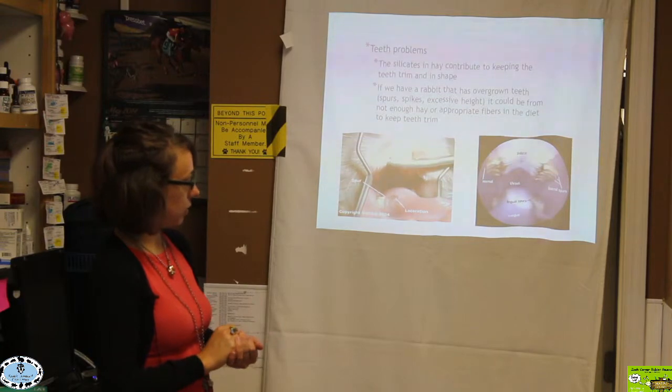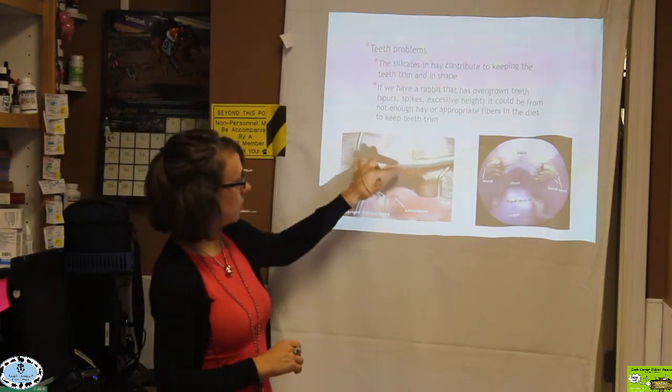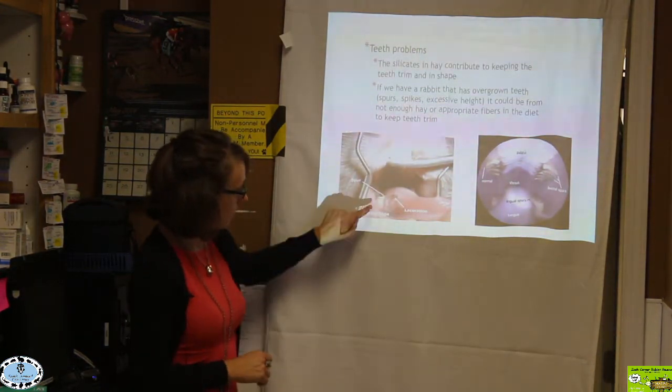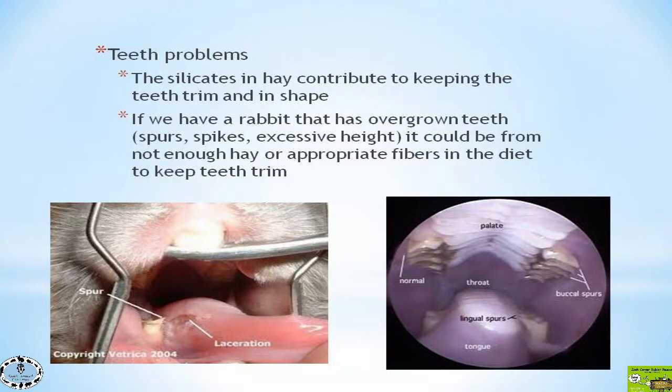And so what these pictures show here, this is the upper incisors of a rabbit. This structure is just kind of holding the mouth open. This is the little tongue. This is the first cheek tooth, and then right behind it is a second cheek tooth, and you'll notice a little dental spur. So that little pokey thing is cutting actually into the tongue right there. And so that's going to be really painful for a rabbit. Normally when they're eating good amounts of hay, and they don't have other issues, that hay should be keeping that tooth nice and trim, because those rabbit teeth are constantly growing. But if they're not getting enough hay, then those teeth can slowly overgrow, eventually cut the tongue, and be quite